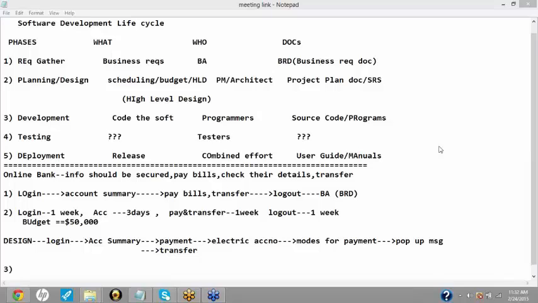Yes, Kumar? Hi, this is Kumar. Would you allow me to ask you a question? Yes, sure, you can go ahead. Here is the thing: you have a business requirement given by the client to the business analyst, and he writes down all that document, what the customer wants. That document you call the business requirement document. Now, to translate this into an SRS, who will do it, and what are the ways of doing it?